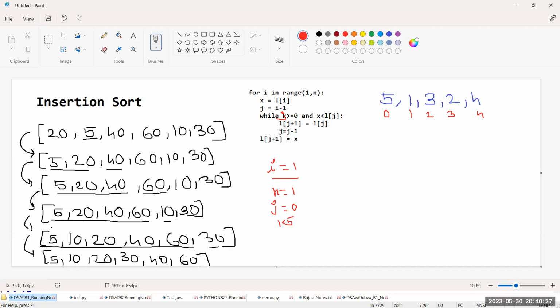Yes. Then what we are doing? L of j plus 1. Your j value is 0. L of j plus 1 means L of 1 will become L of 0. Okay. Next, see what we are doing. j is equal to j minus 1. Your j value will become minus 1. Is minus 1 greater than or equal to 0? No, right? Then the loop will fail and come out, and then L of j plus 1 is equal